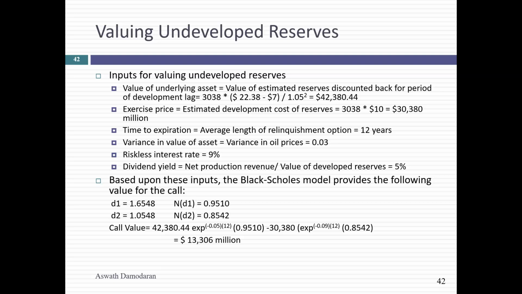There are only two numbers, right? S and K. That's it. So where does the viability show up? If S is greater than K, the reserves are viable. If S is less than K, they're not viable. That's it. It's as simple as that. If the present value of the oil you will get from developing the reserves is less than the cost of developing the reserves, you're underwater.